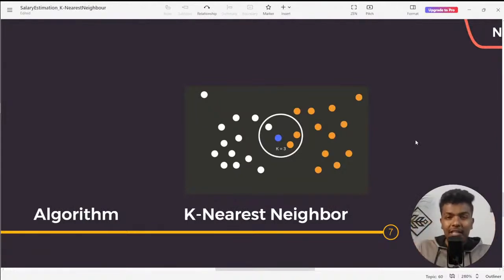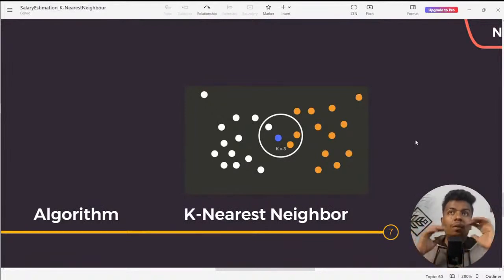Are you clear? If you are clear with the first part, post clear in your live chat. I'm repeating this again: you have two classes, one is less than or equal to 50,000 and the other is greater than 50,000. That is plotted as data points here. Less than or equal to 50k is the white dots, and greater than 50,000 is the orange dots. That's what it's all about, here with step number 1.